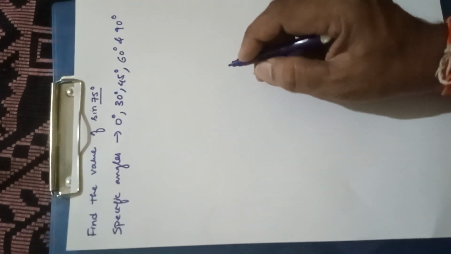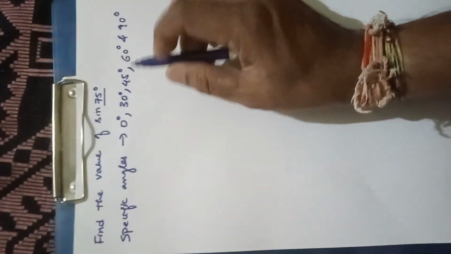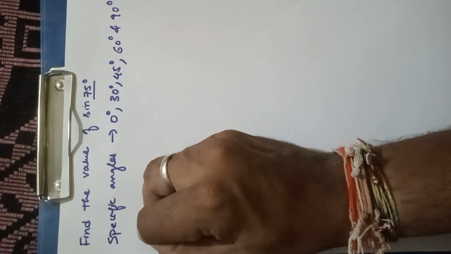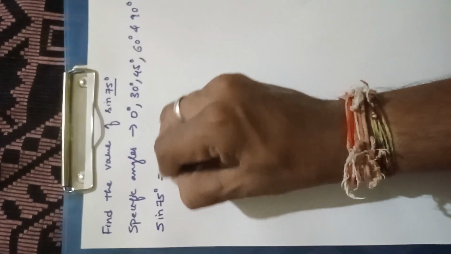But here we need to find out the value of sine 75 degrees. 75 degrees, as you can observe, is not one of the specific angles. So how do we find it? Sine 75 degrees can be written as sine